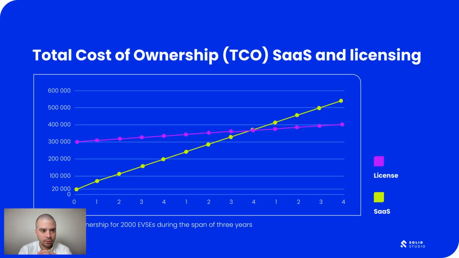If you'd like to explore this graph a bit more, please feel free to use our website. We publish the CPO calculator there, where you can put the number of EVSEs you are planning to have and the different price components you've got, and you can see if and how big the potential savings can be when it comes to switching to the license. I'll also be sharing this presentation and the materials used here, including the estimation of building a CPMS from scratch.